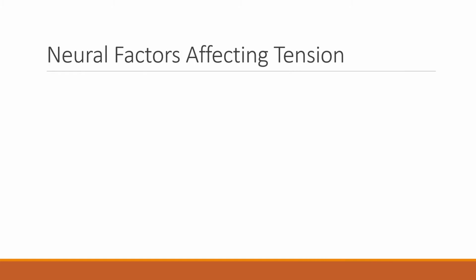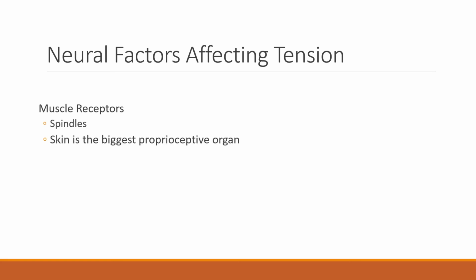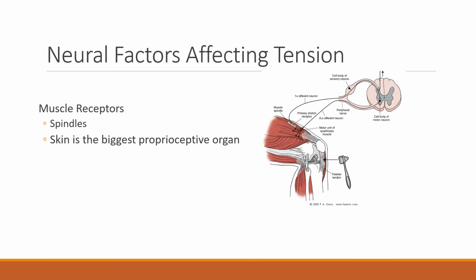So earlier we talked about how length and velocity can affect the tension that a muscle is able to generate, but also the input from the nervous system has a big effect through recruitment and rate. So we have talked about, certainly in biomechanics before, and I think we have talked about this in anatomy as well, that muscle spindles are nerve endings within muscles, and the way the myotatic reflex, that is the tendon tap reflex, most commonly that you know in the knee, but there's a lot of other places where it will work as well,